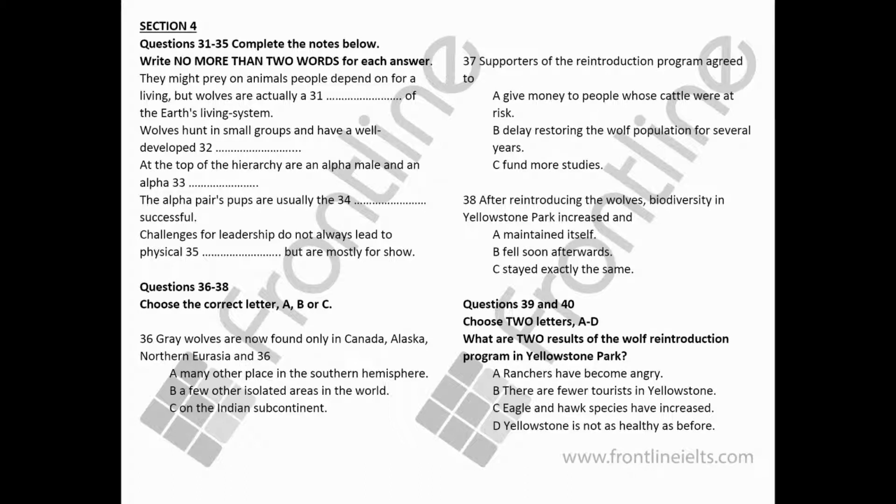Any pair of wolves in a pack may breed, but it is usually the alpha pair's wolf pups that are the most successful. Other pairs may not be able to raise their offspring to maturity, especially when there are limited resources. The alpha status among wolves is not permanent. Wolves are free to challenge the alpha male. These challenges are not necessarily physical fights, but are mostly ritual confrontations that involve bluffing and posturing. There is always the potential for violence, though, and sometimes the jockeying for the alpha status is fatal for one of the participants.